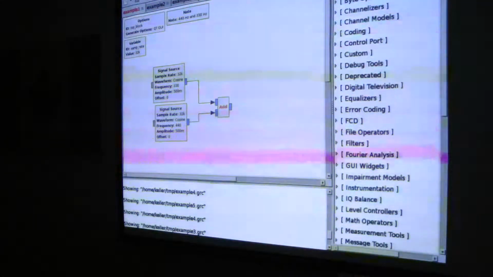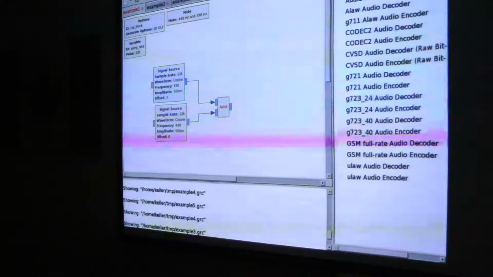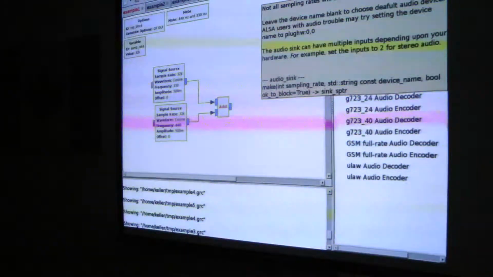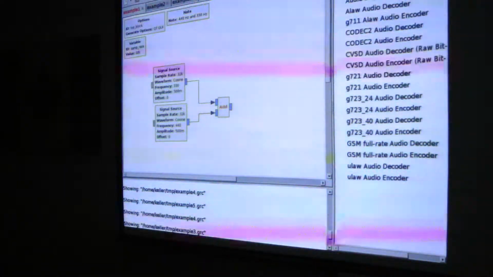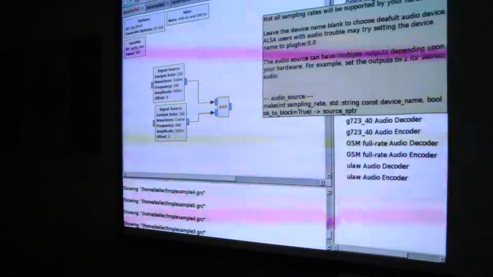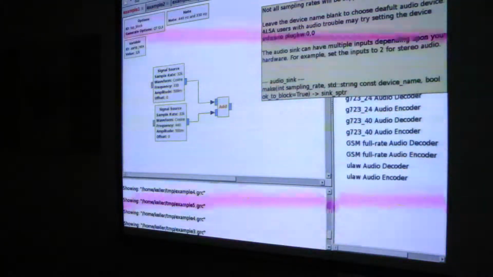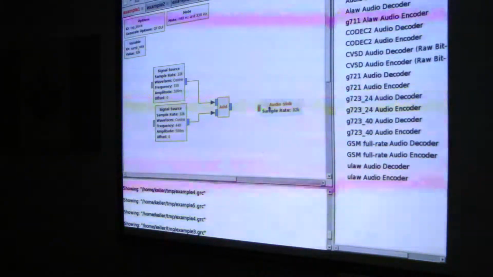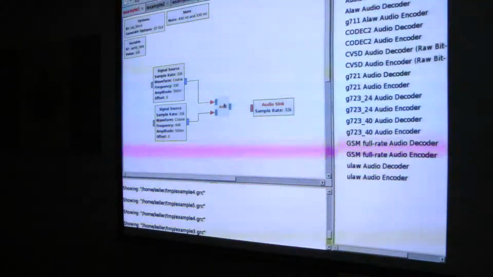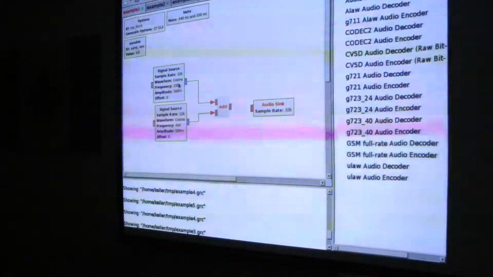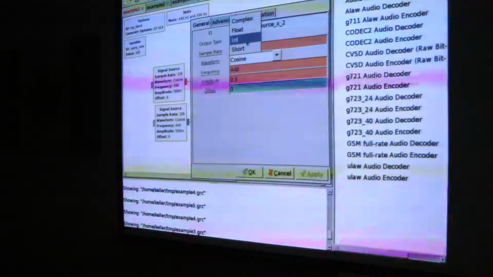We now need an audio sink. So a bit of notation for you. GNU Radio considers outputs sinks and inputs sources. So when we see something like audio source, this allows us to pull in audio, and audio sink allows us to send it out. Pull that in here. So just change the type here. You can change the type quickly by pressing the up, but the other way to do it is output type